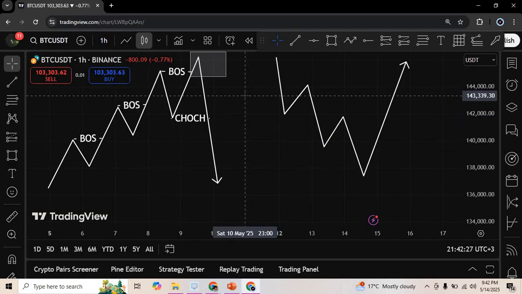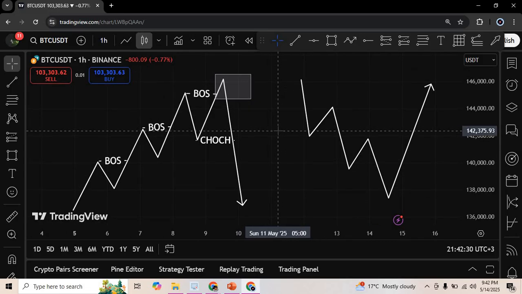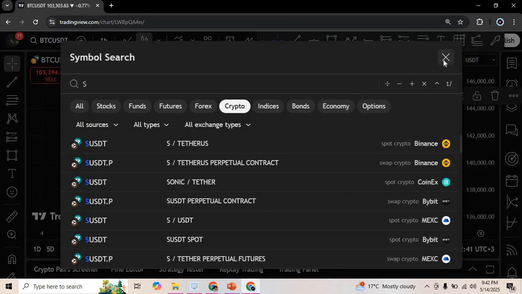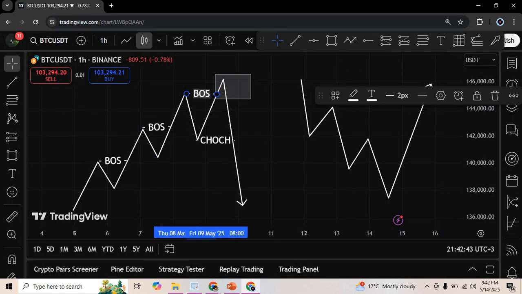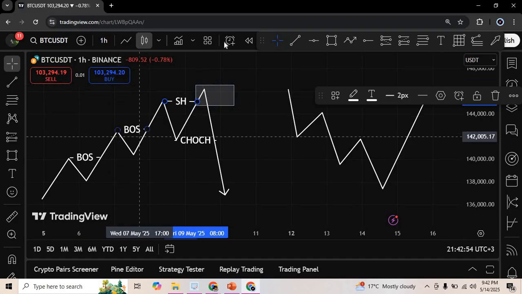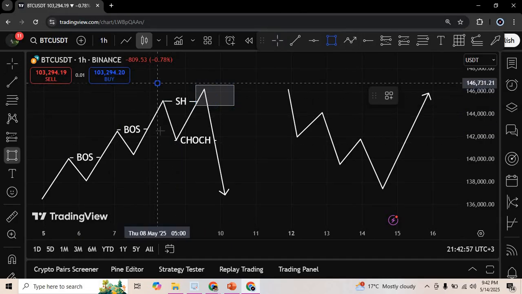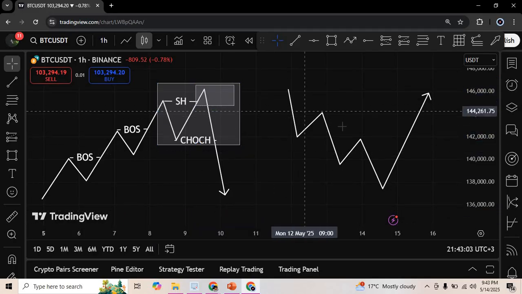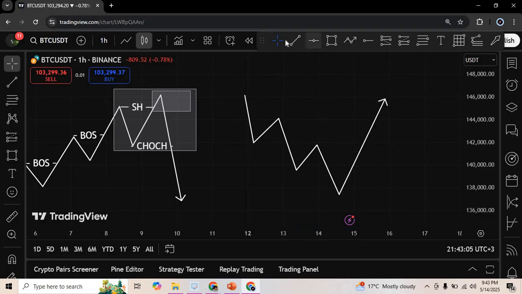Remember, we are being told that a stop hand is a combination of a stop hand and a change of character, or a market shift. So that justifies that this part right here, we can actually call a stop hand instead of naming it a break of structure. So it becomes a stop hand and a change of character. This combination is what we call a Quasimodo pattern. So let's look at the case of a downtrend before we continue further.